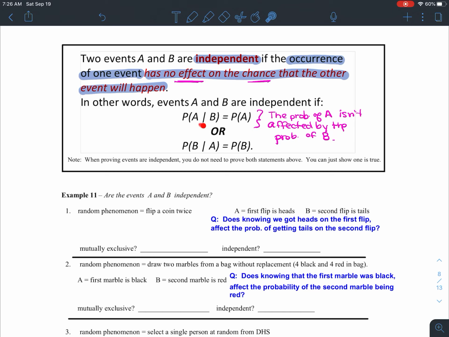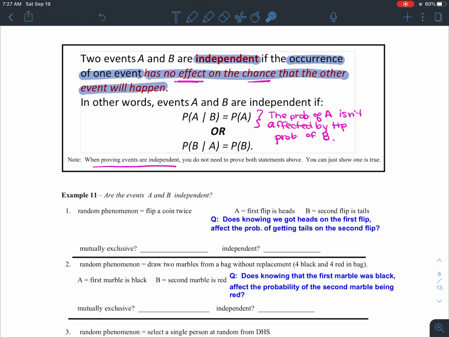So I'm saying given B occurred, the probability of A is the probability of A, and given that A already occurred, the probability of B is just the probability of B, okay? You'll notice this is not the typical conditional formula, okay? And that's because if two events are truly independent, it has no bearing that one of the events occurred first,